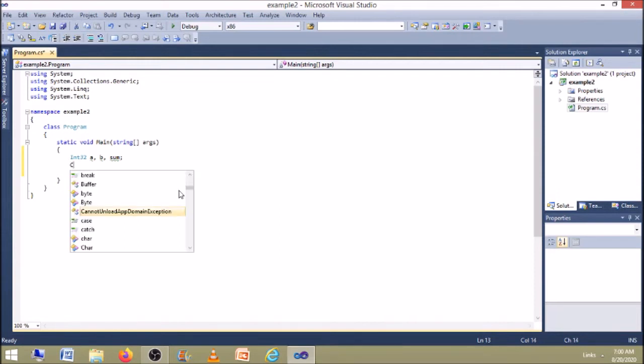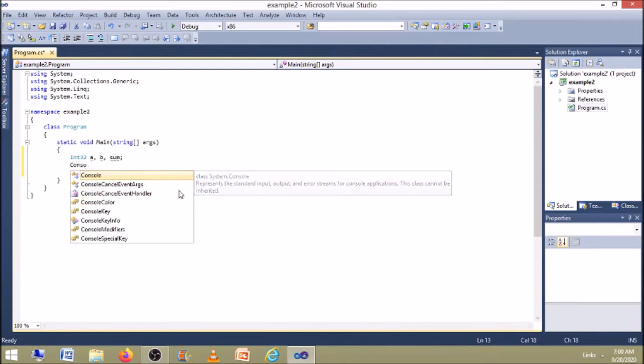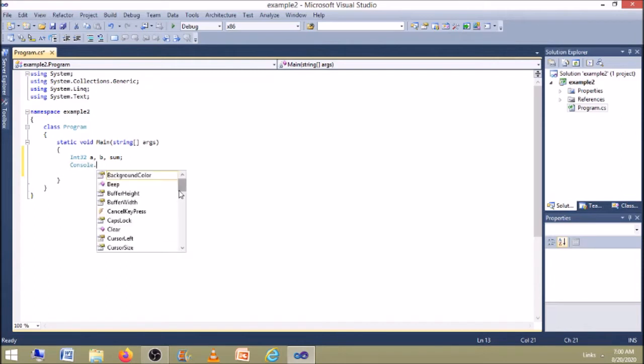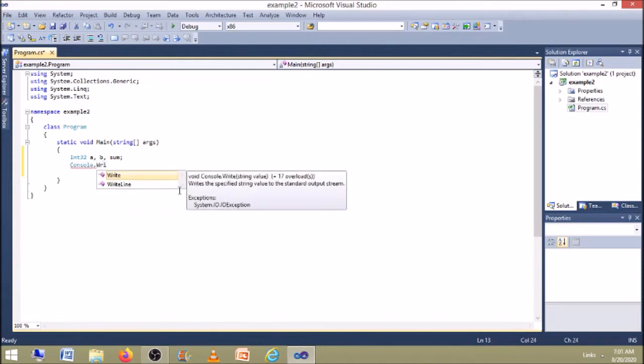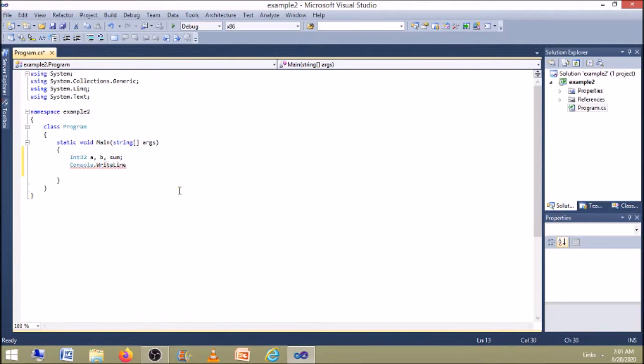So now using the Console.WriteLine statement we will tell the user that they have to enter two numbers. Console.WriteLine, within brackets and within double quotes I give: Enter any two numbers.